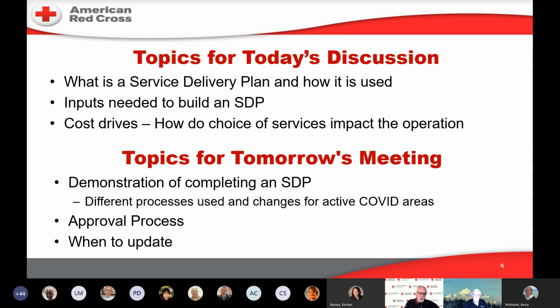So topics today is all about the what. What is the plan and how is it used is the first part here. Inputs needed to build the plan. Certainly it helps to have the data ready when you start putting your plan together. And then what are some of the things that move the needle in terms of the plan and change the budget, for example. Tomorrow we'll actually go through the demonstration of filling out the plan, talk about different approaches you could use on a DR, the approval process, and when to update it. One of the things we'd like to do, and I don't know how quickly I can do this, but we'll give it a try,